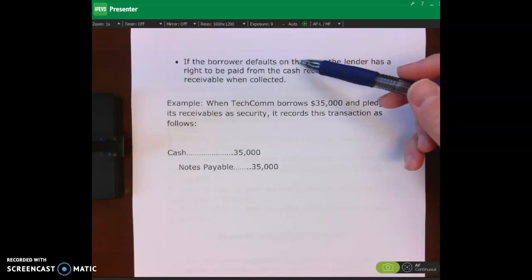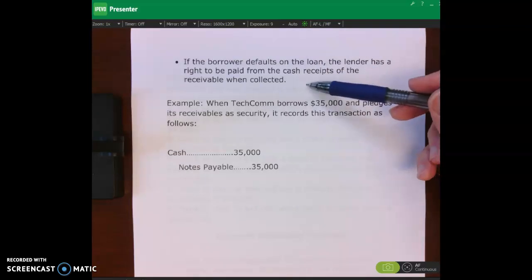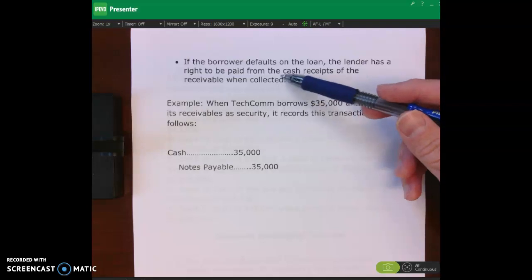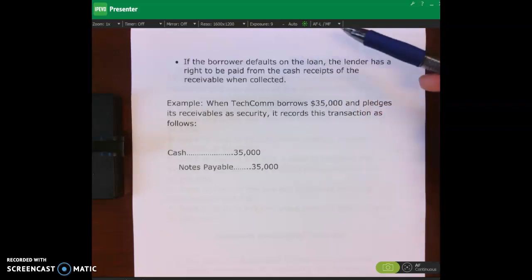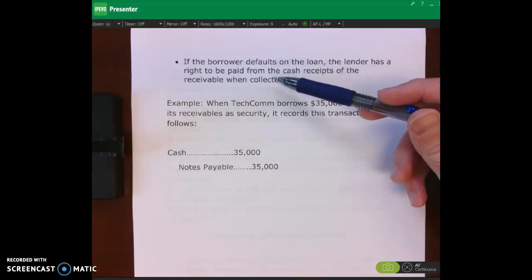It says, this is a good point, if the borrower defaults on the loan, the lender then can get cash receipts from those receivables when they're collected. So that's what we mean by you take out a loan, you pledge those receivables as collateral. If you default on the loan, then the person that lent you money now has a right to those receivables